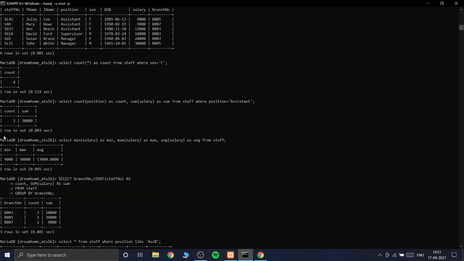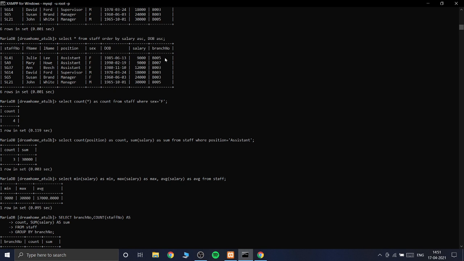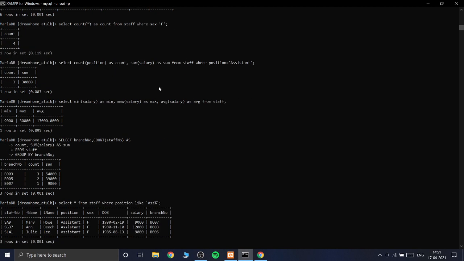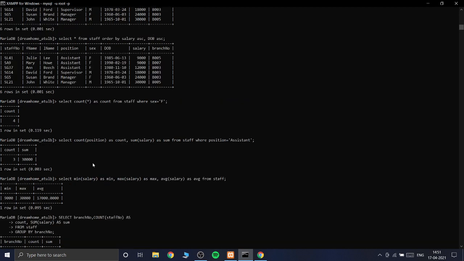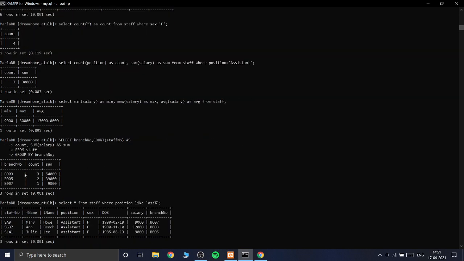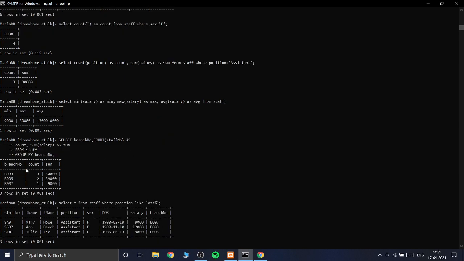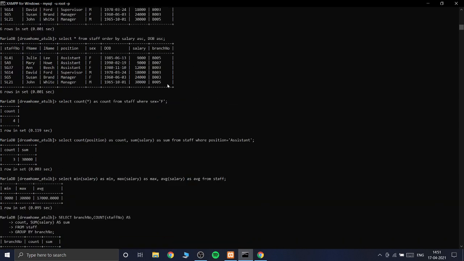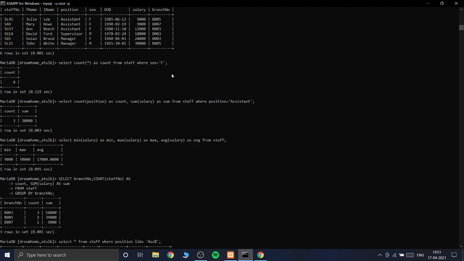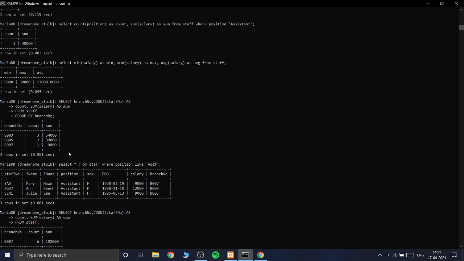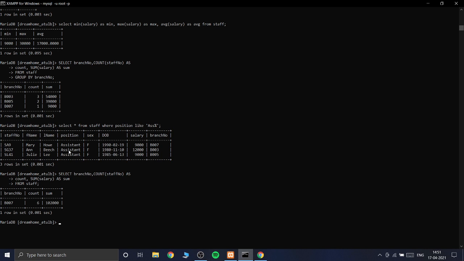So we can see that here branch numbers are B005, B007, B003. B005 has count 2. And B003 is over here, it has 3: 1, 2, 3. And B007 is 1. So the sums of the salaries are 54,000, 39,000, 9,000.